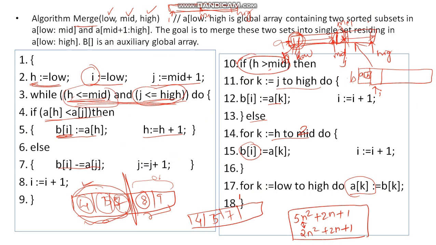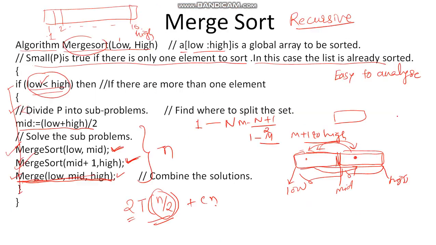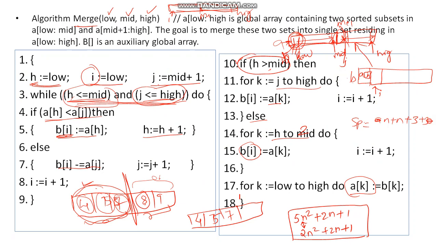One thing I forgot to discuss about merge sort is its space complexity. There is array A of size n, so that will require n locations. There is array B of size n, so that will require n locations. Then we have low, mid, high, which will require 3 locations. Then we have i, j, k that will again require 3 locations, and in the algorithm we have some more elements like mid, so let us consider 4 for them. So the space complexity of merge sort is 2n plus 10, let us say.